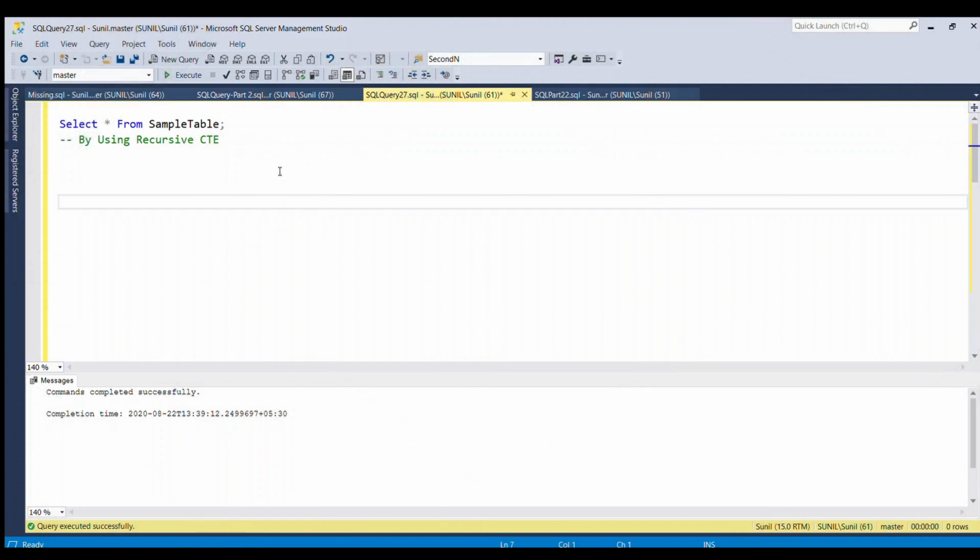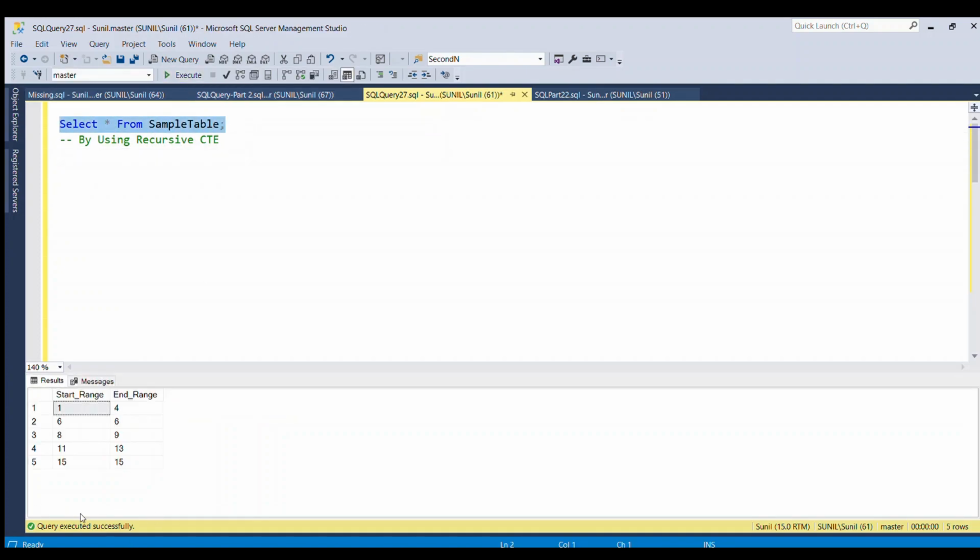We can solve this problem by using a recursive CTE. Before writing the SQL query, let's see our input table once again. Let me select star from sample table. This is our input table, wherein we have two columns, start range and end range.